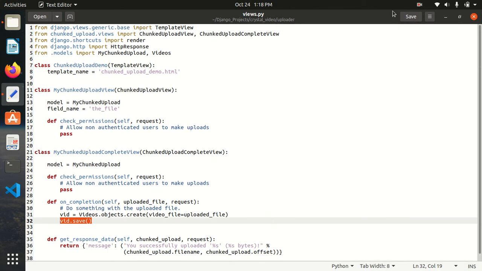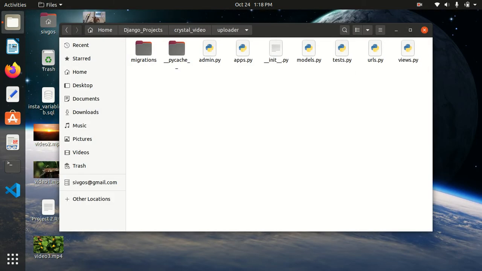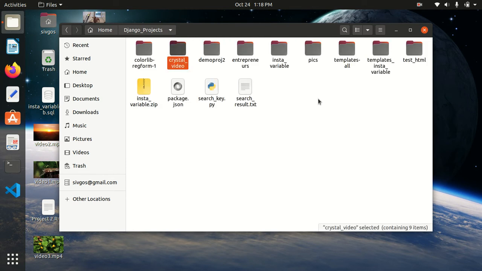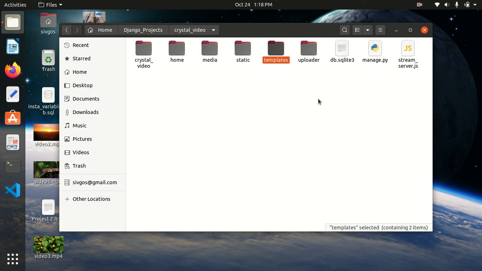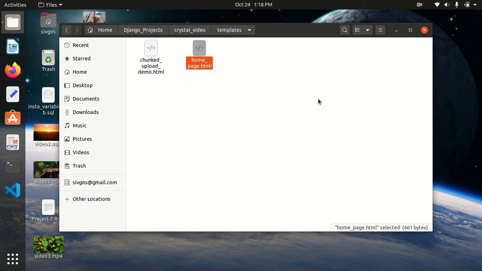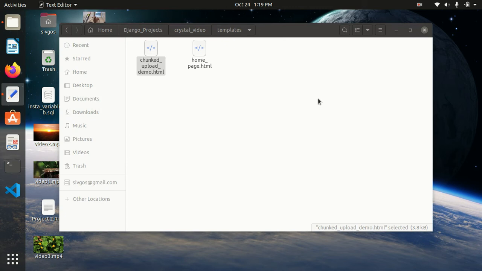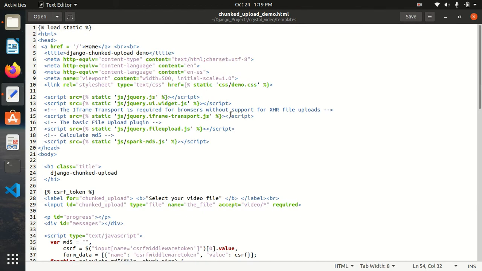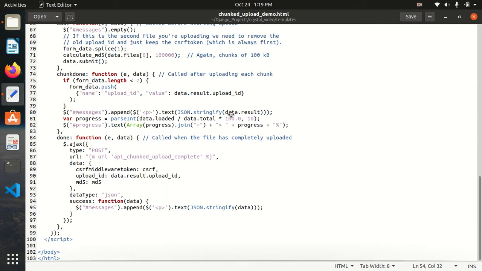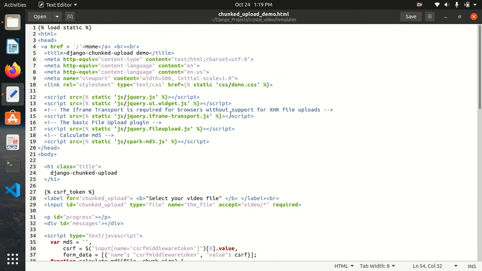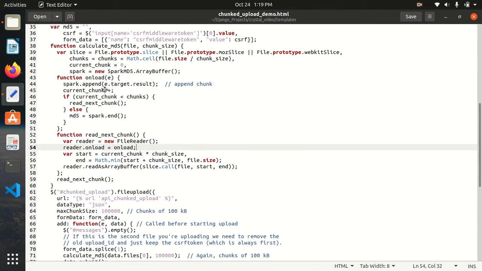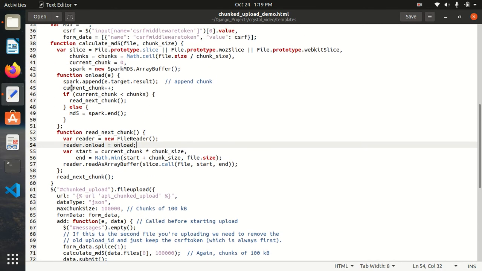This is all about the upload page. Now let's see what happens on the HTML side. Actually, this is quite JavaScript-enriched code, a lot of JavaScript, and I am not an expert in JavaScript, so I am just taking this code from the chunk upload demo. Inside the demo library, they have given us this code for uploading. I'm not editing anything, I'm just keeping this as it is, because there is a lot of JavaScript, and these JavaScript codes directly communicate with the